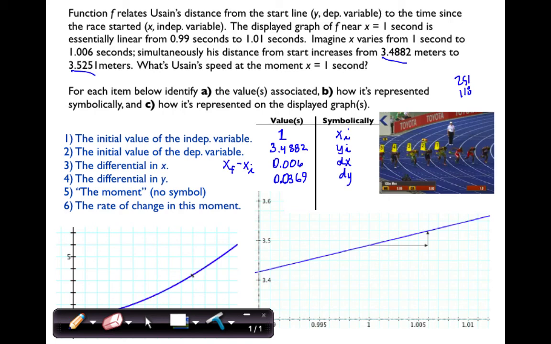So I went 0.0369 meters during this 0.006 seconds. So during 6/1000 of a second, he went 3.7 hundredths of a meter. Yeah, so this is 3 centimeters or something that he traveled, almost 4 centimeters during 6/1000 of a second. So that's pretty fast. There's not a symbol for the moment, but again, the moment is the interval that